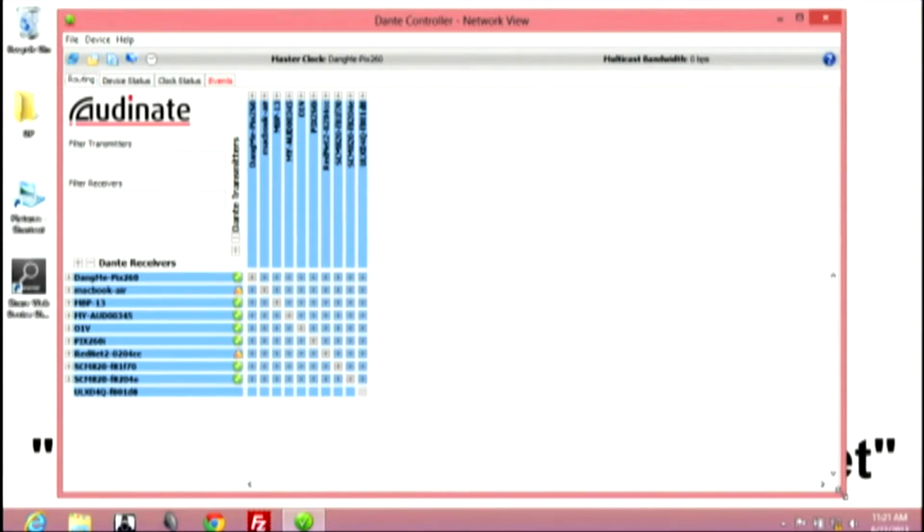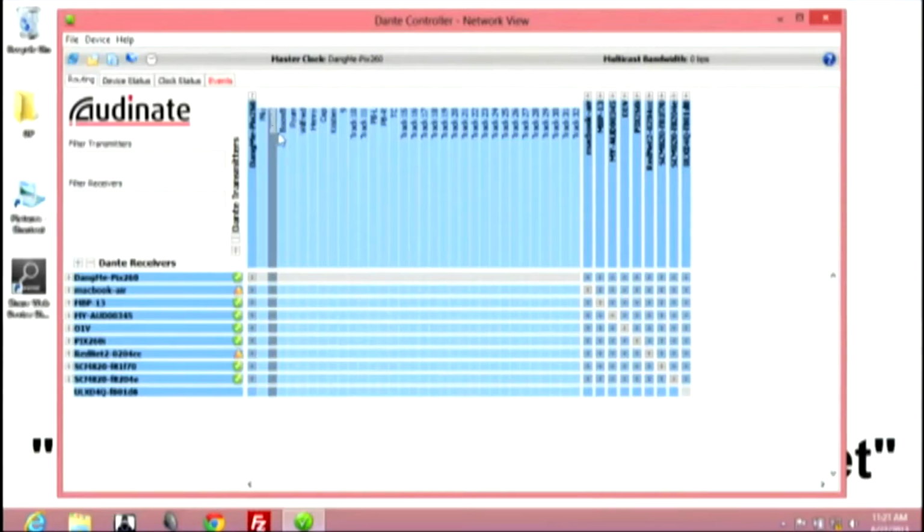So when you launch Dante Controller, it comes up with the basic routing view, and it's a cross-point routing. So as I go and expand these, on the top, I see transmitters. Everything on this top axis is a transmit channel. And the Pix 260 that's named, dang me, Pix 260 would be Mr. Harbor over there. So I can see that he's also named his channels: Mix, Boom A, Boom B, Ryan, Wilfred,